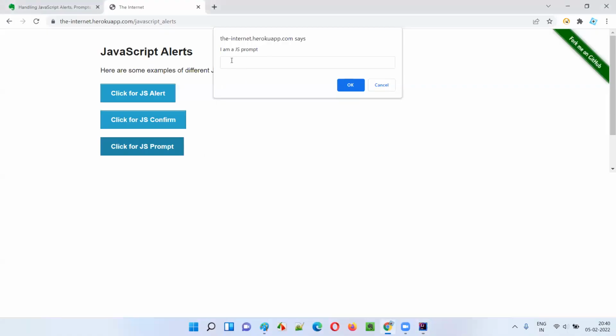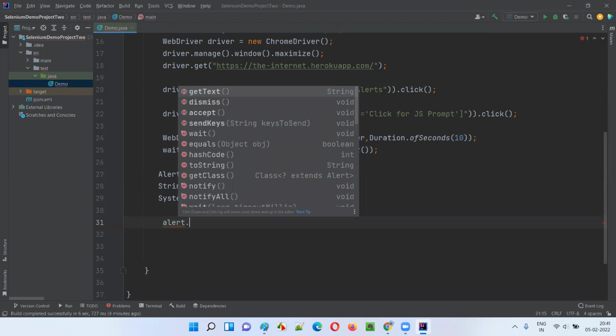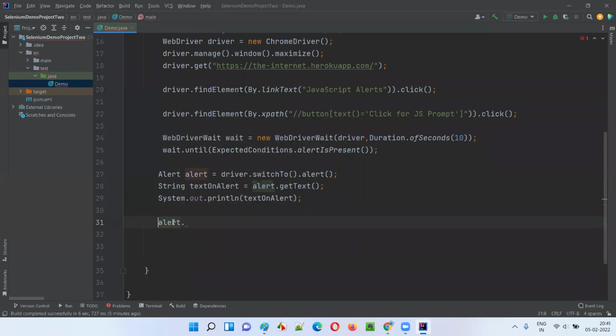Once this is done, I want to do one more thing on this alert, guys. Here you see this particular prompt alert is taking some data. So I will enter my name into this text box field on this prompt alert. How to enter, guys? I cannot right click and inspect. You cannot inspect any of the elements on an alert, but using this object reference, that is alert dot,